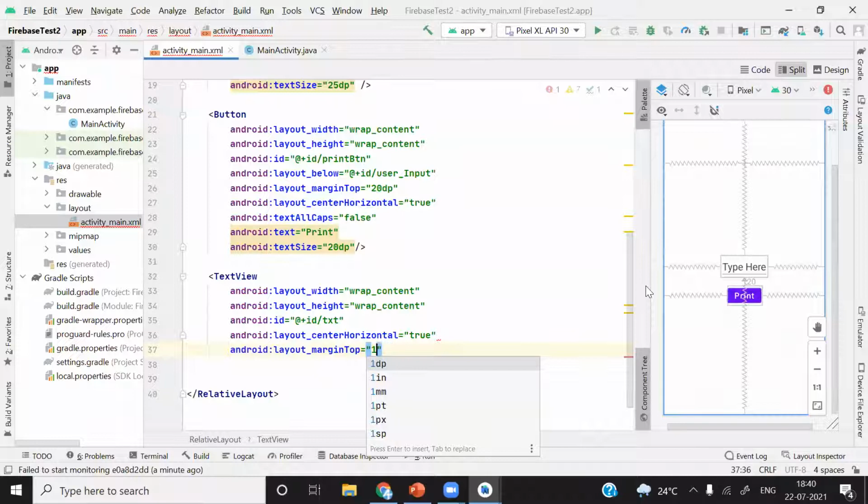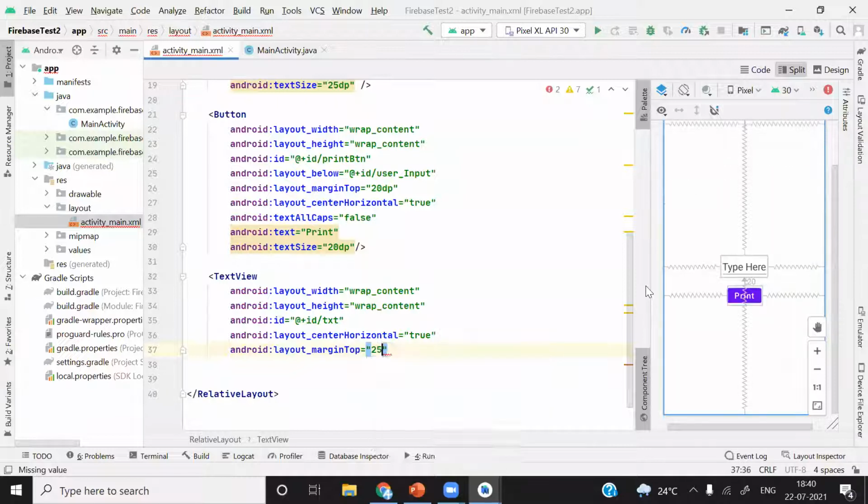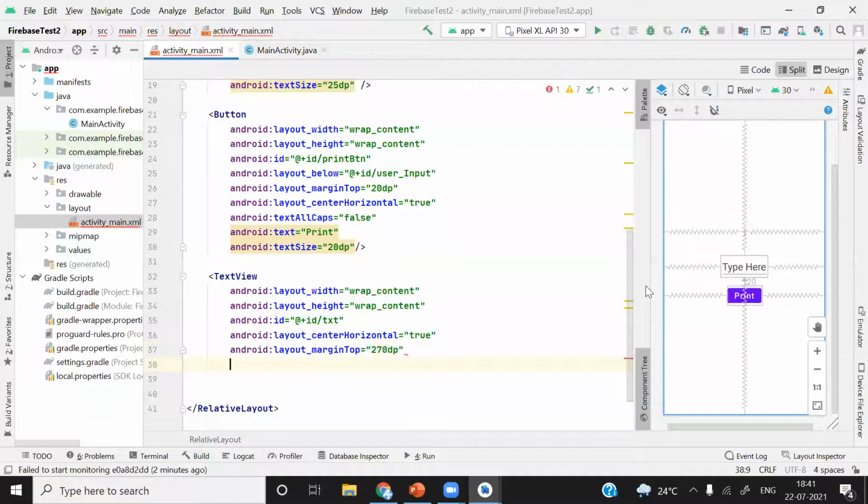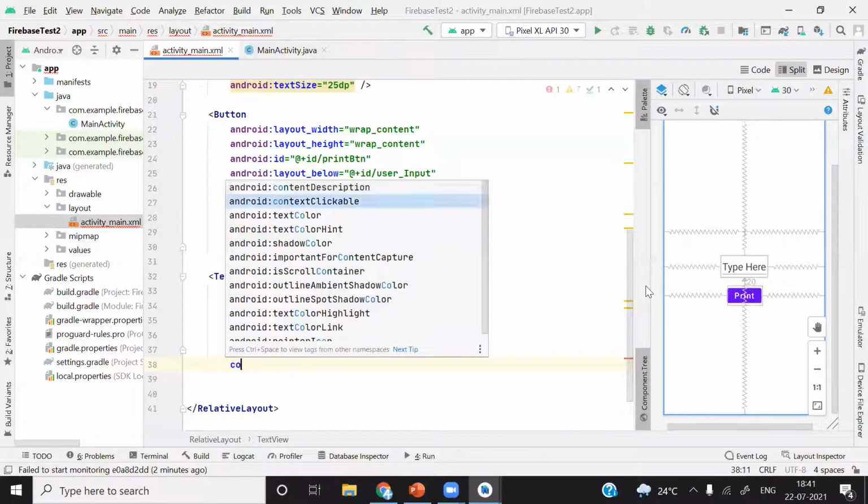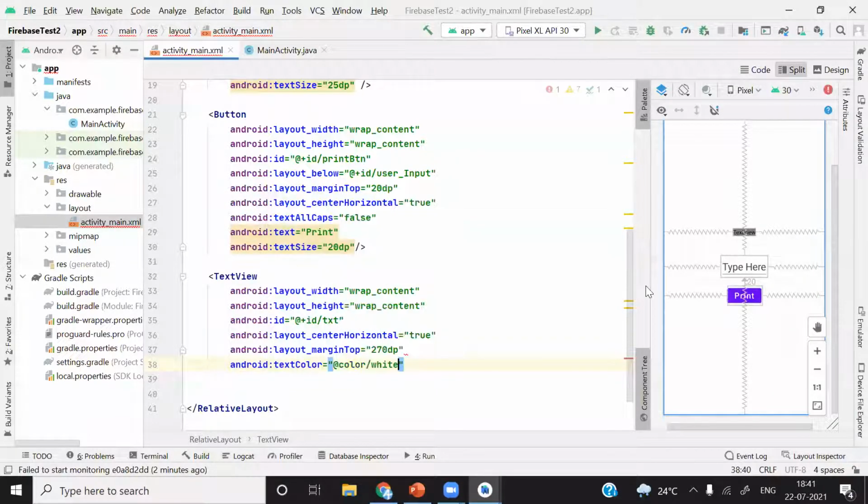It is so much high, so I will make it 200. See, it is still higher. I'll make it 250. Okay, now it is looking a little bit good, so I'll make it 270. Now it is perfect. Make it dp. After that, we don't want to give any text. We'll just set the text color as black,